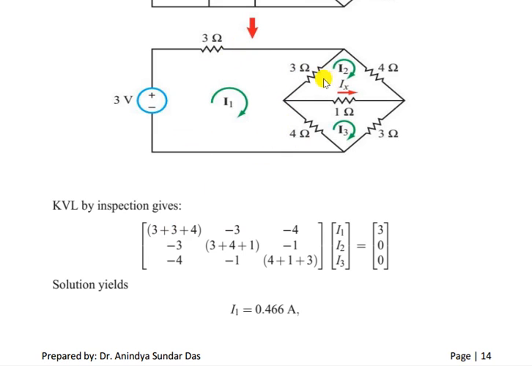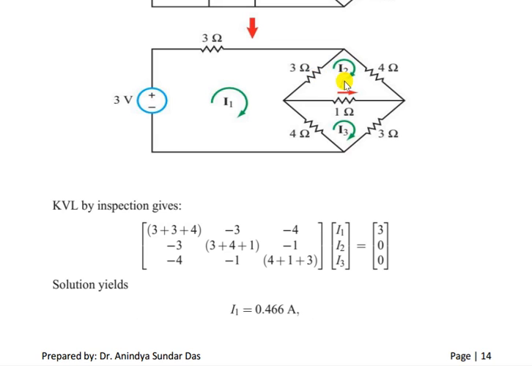R1, R2, R12, that is the common resistance between mesh 1 and 2, that will come with respect to minus sign. Again, 1 and 3 that are connected together, the common resistance is 4, so that will come as minus sign. So same, mesh means positive, all positive value, and the resistance value that is common to two meshes, that will have negative value. Now say for I2, what are the current, what are the value?